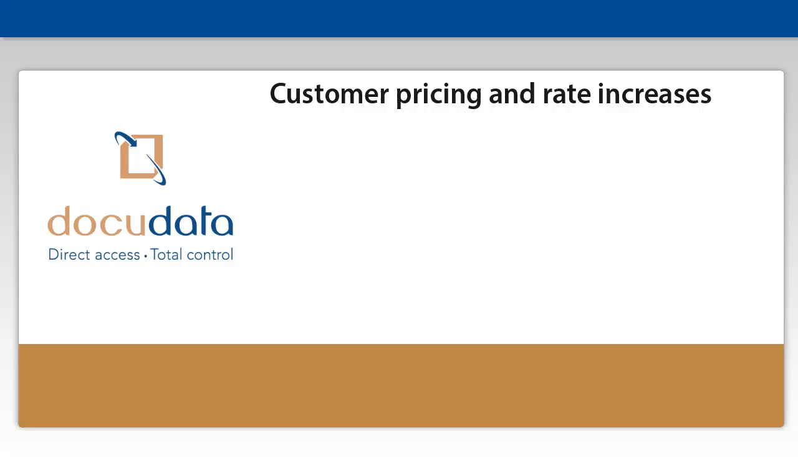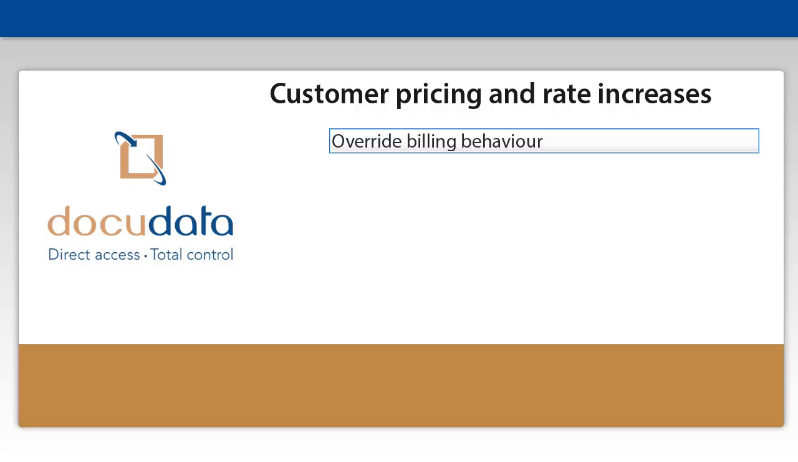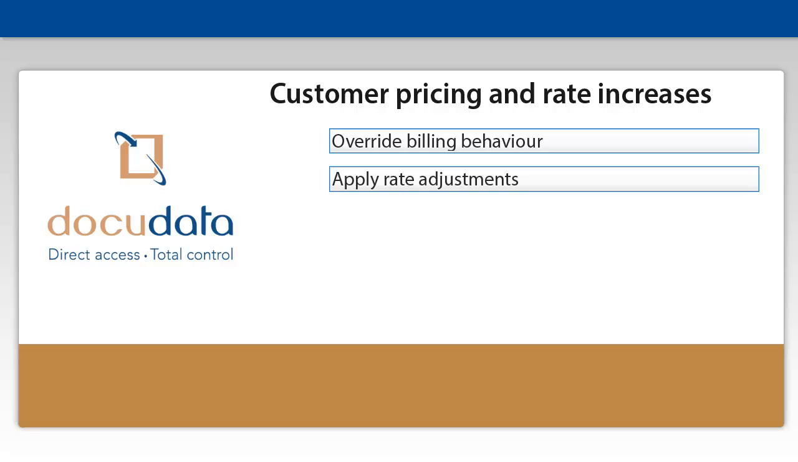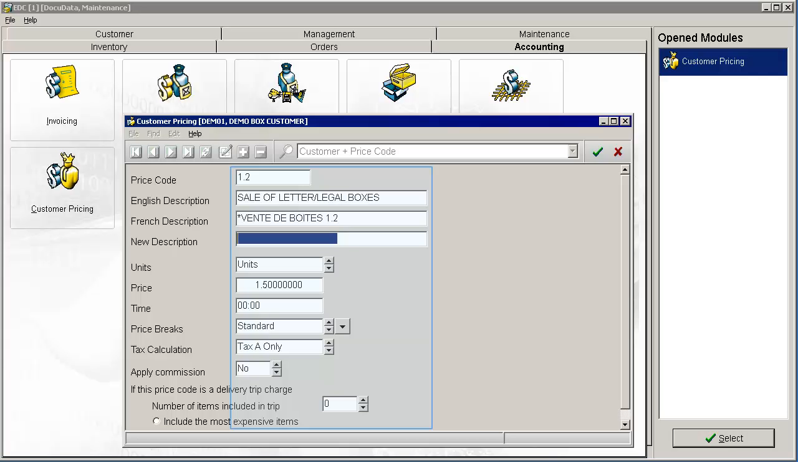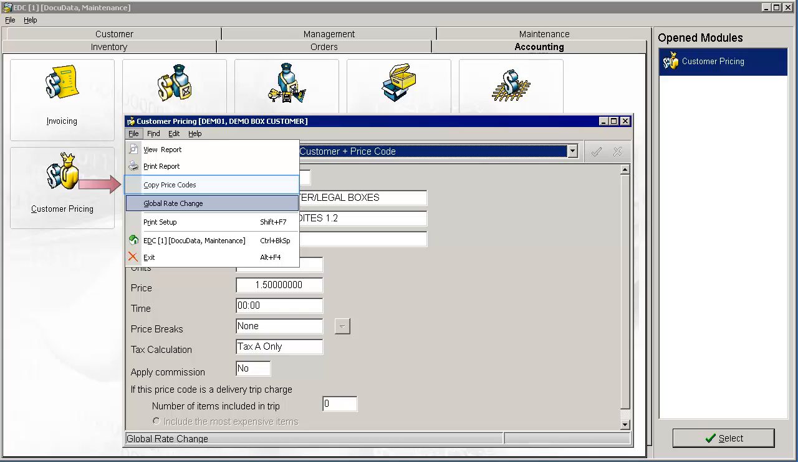However, if we wish to make account-specific pricing, we can override any price code in the Customer Pricing module. Here we can override billing behavior and use the system's tools to apply rate adjustments. Here we see the various fields that we can override. If you enter a new description, this will be used instead, otherwise the standard description will be used. You may copy customer price overrides from one account to another. However, it is more common to create a template and copy and add your new accounts from a template account